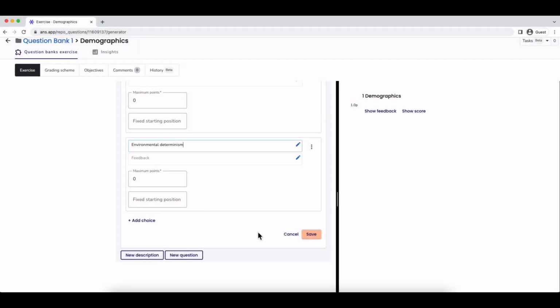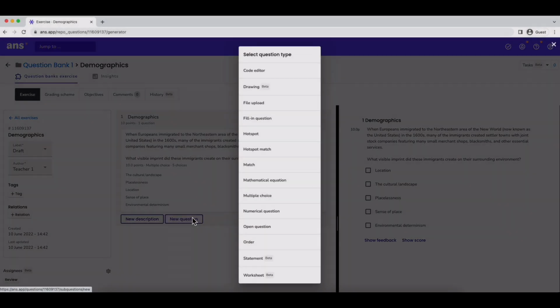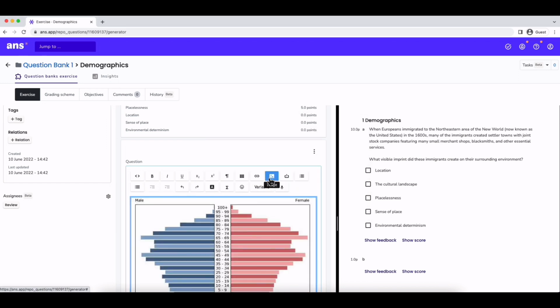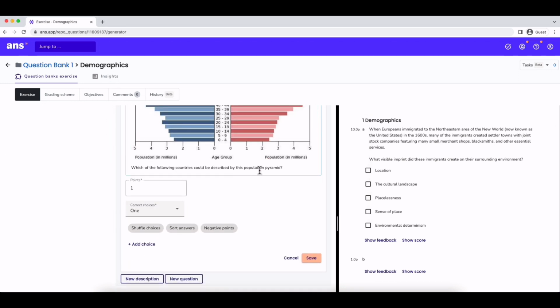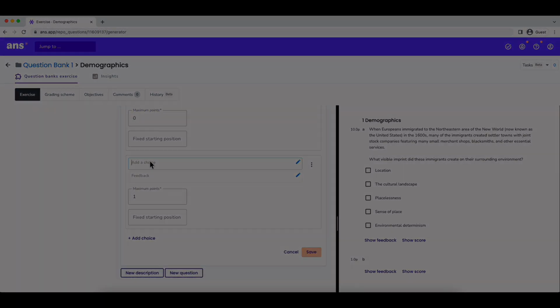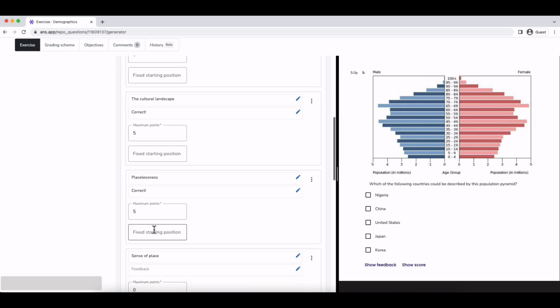Once you are done, you can save it and it will appear as it will on the test on the right side. Your question can be written in many different formats, such as coding, tables, audio recording, images, etc. Here we chose to put an image. Then you can add the different choices, as you usually would. You also have the possibility to shuffle your answer options.